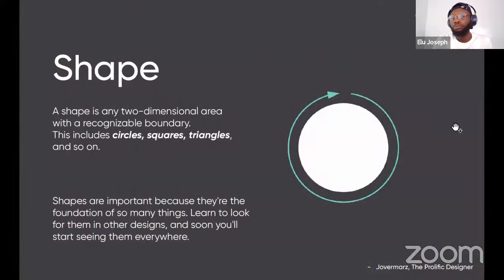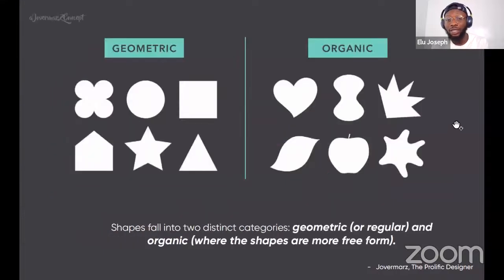Shape. Any two-dimensional area with a recognizable boundary is a shape. Now you're wondering, yeah, there are quite a lot. That is why we have the organic